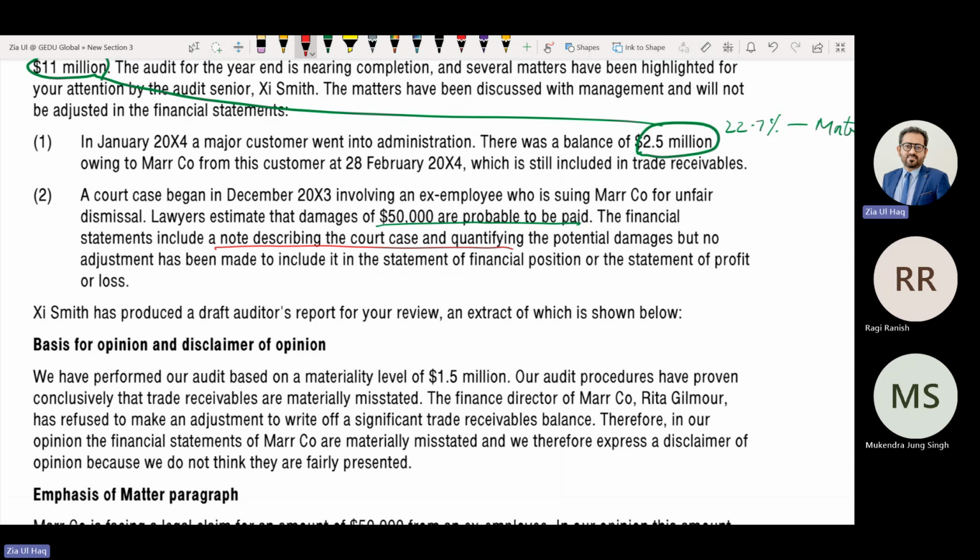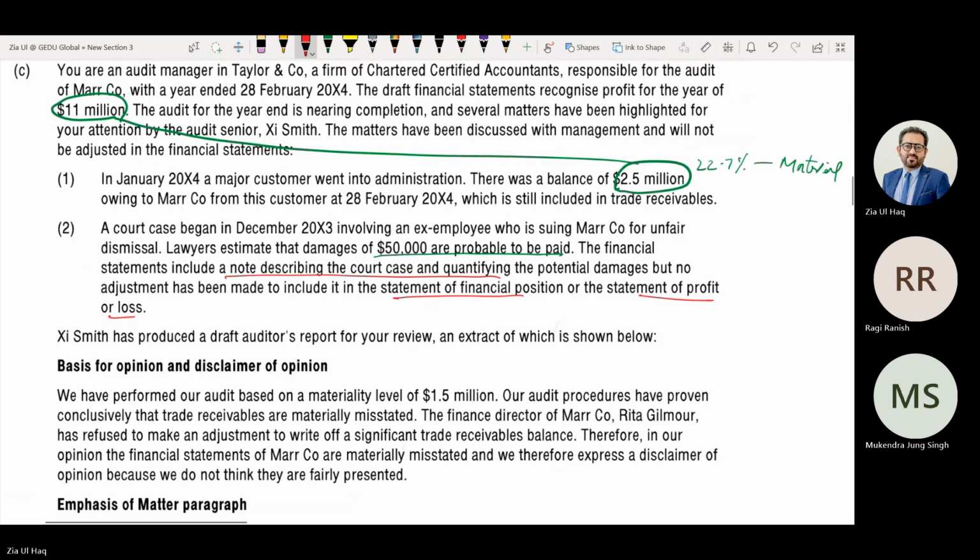And quantifying the potential damages, but no adjustment had been made to be included in the statement of financial position or the statement of profit or loss. Meaning no accounting entry, no expense debit, liability credit, nothing in the balance sheet, nothing in P&L. Provision is not recorded. How much is the amount?